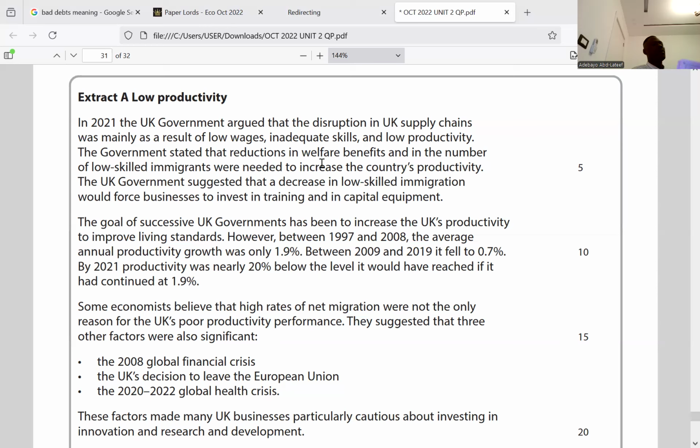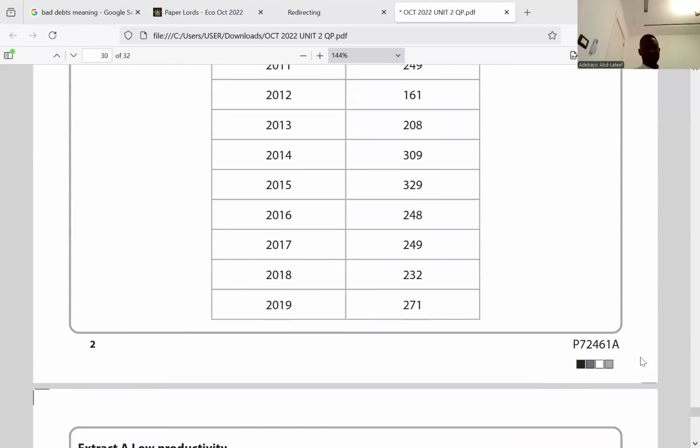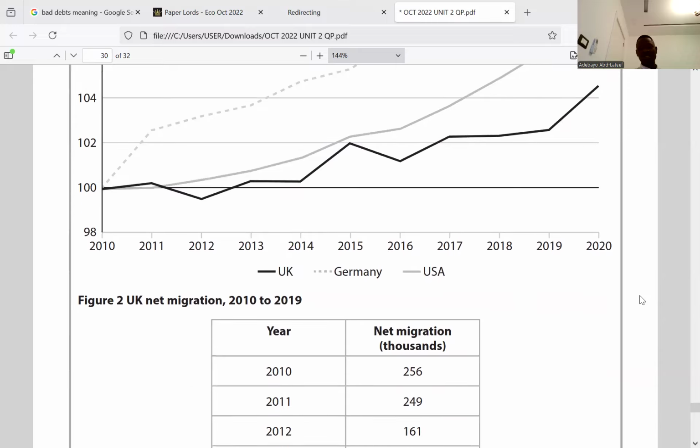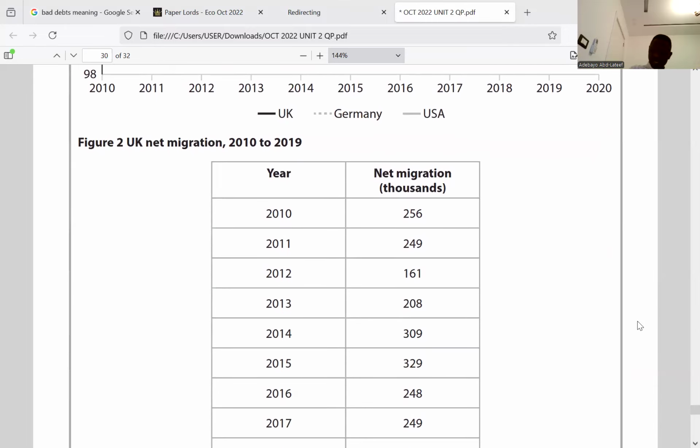Okay. Go to question C. With reference to figure 1, explain the term productivity. Productivity is output per unit of input employed. I just asked about productivity now. With reference to figure 1, between 2010 and 2020, productivity in the US increased by around 10%. And what brings about that increase in productivity? What are the factors that might bring about an increase in productivity?